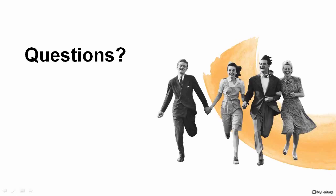Oh, and while we're talking about endogamy, Debbie wants to know what is the exact definition of endogamous. It depends on where you look it up. I always go with the definition: intermarriages within a closed community over a long time. The problem with that definition is that's what I just described as a knotted tree. But I believe if you Google it and get a non-genetic genealogy definition, that is one of the definitions that comes up. So in genetic genealogy, it is either such a small population over such a long time,